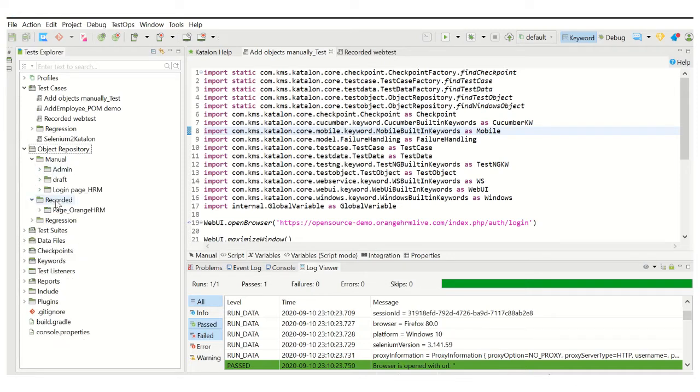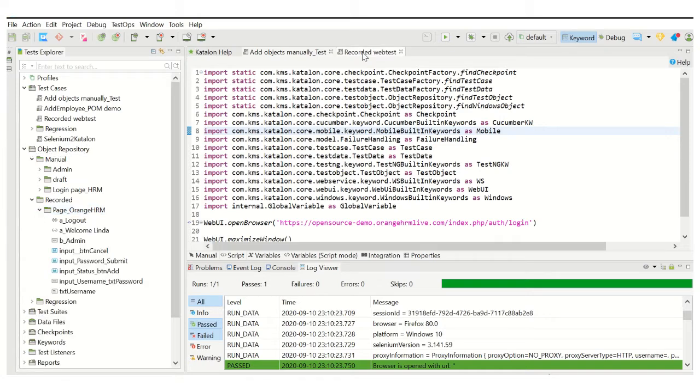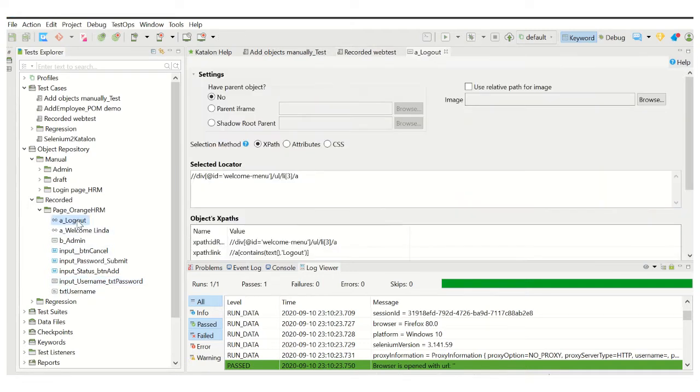These are the two object repositories which I have used for these two test cases. Firstly, for the recorded web test, I have used the objects from this recorded object repository. If you see this object, let me open it. This has XPath used as an object locator.